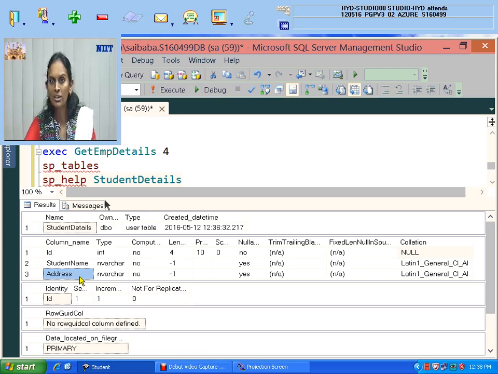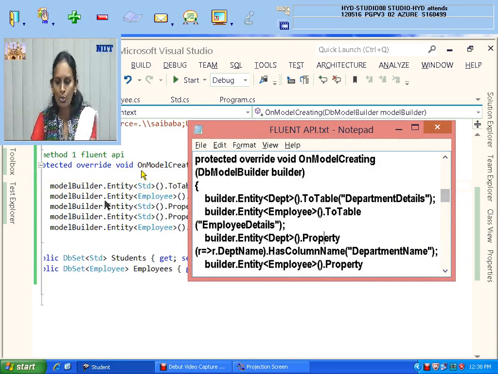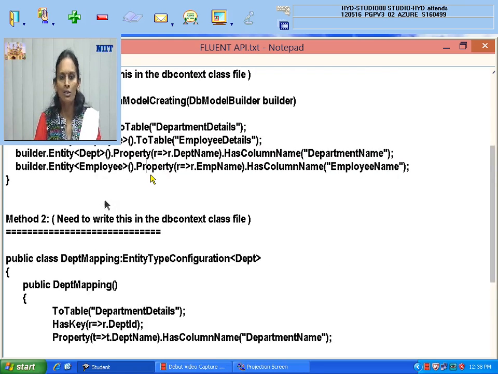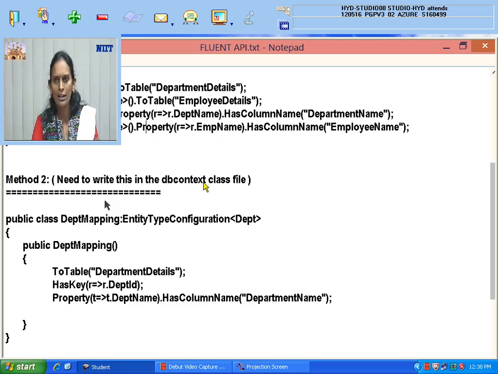There is another method I told you about, but I am not going to show you, please do it. It is a little lengthy, unnecessary work, but still you need to know there are two types. Method 1 you have understood. Method 2 is this: for each model class, one separate configuration class is written, but you still need to create the OnModelCreating method in the database context file itself. No doubts. But the additional work is what?